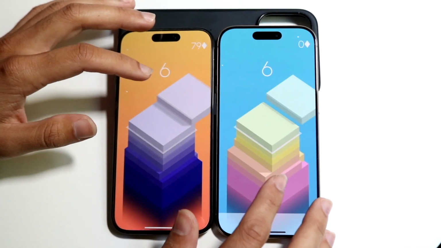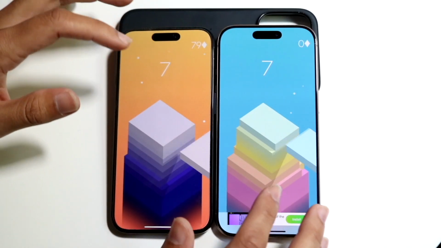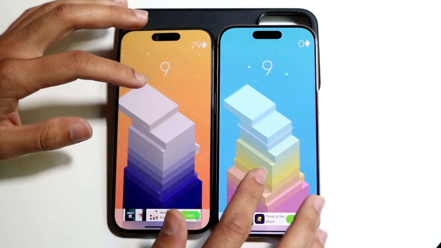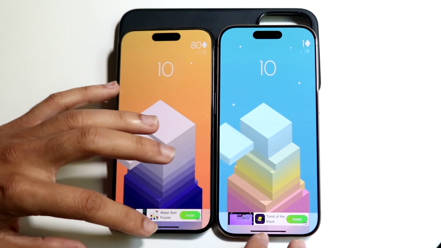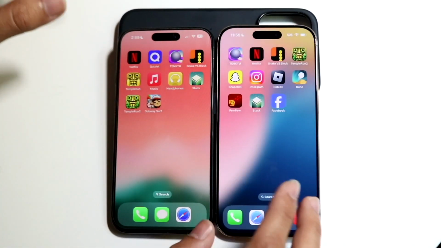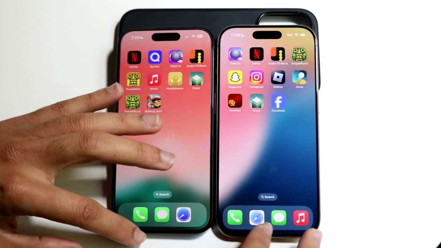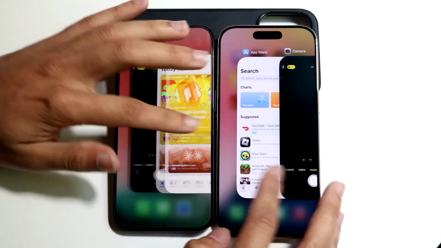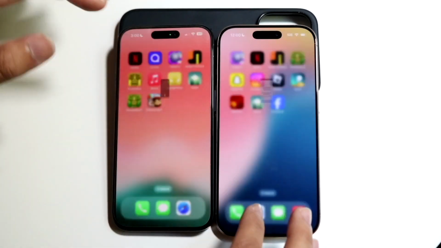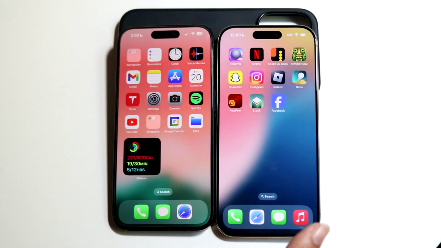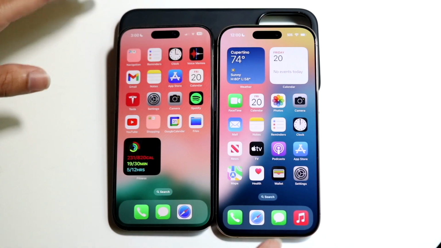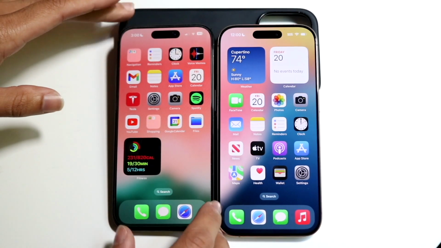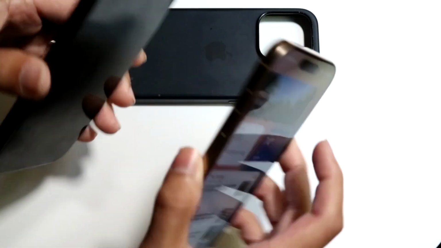So from these basic applications that I just tested, I will definitely tell you, you're going to be getting, again, fairly similar speeds. The 16 Pro is going to be the faster one, but I really wouldn't go from one phone to the other just based off this speed comparison. I'm going to have some more apps to test out in the future, but I do think both phones are great, and the 16 Pro is probably going to be the faster one when it kind of comes down to it. Now from the camera side, there's also some other big